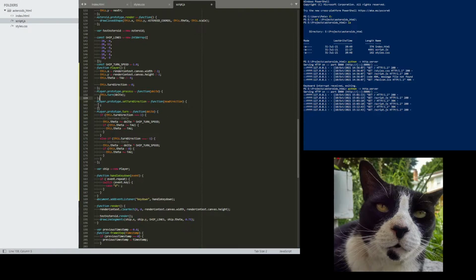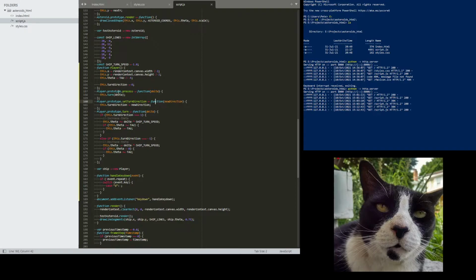And our ship knows that. Our player object knows that. And so we could just do it directly. We could directly manipulate our turn direction property. But I think it's better to have a method on the player because, for one thing, let's actually do it. This turn direction equals new direction. For one thing, this value should only ever be 1, 0, or -1,